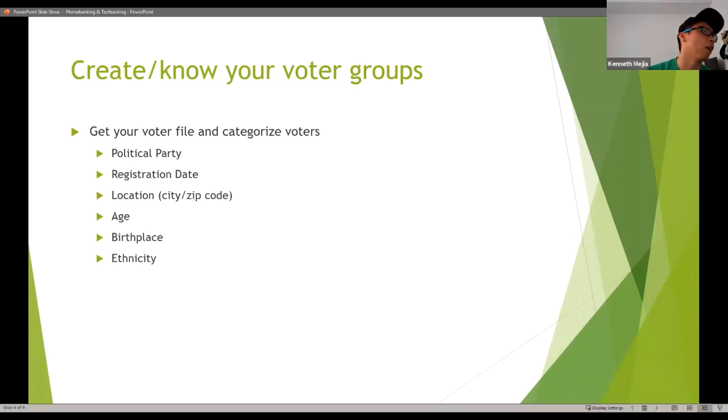So, for our campaign, what we did really well was we were able to get the voter file, and we categorized voters in specific groups or categories based on what was available. On some voter files, we had information like the political party. We had information about when they registered to vote, which is good. We had information on the location, their zip code,